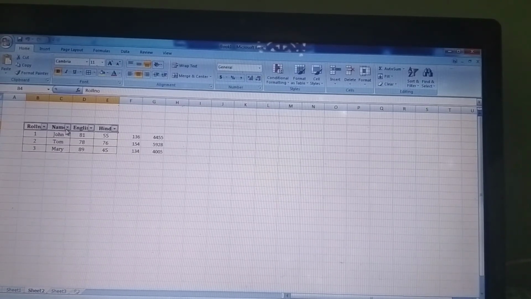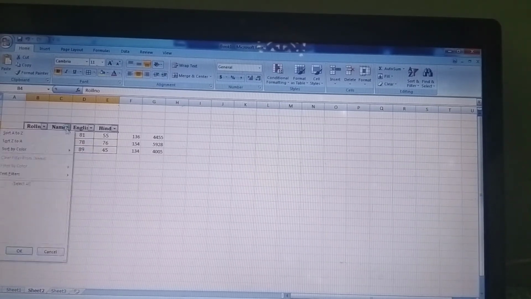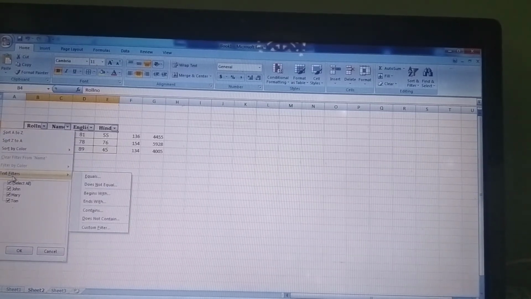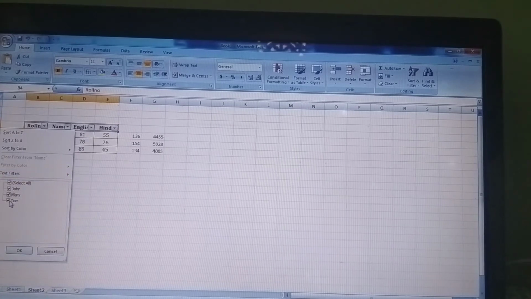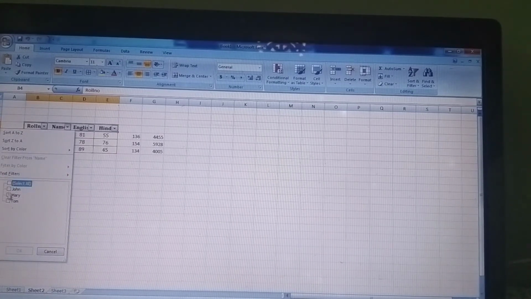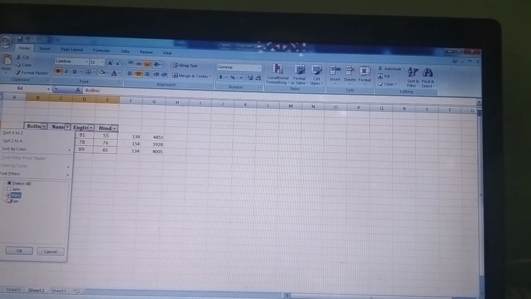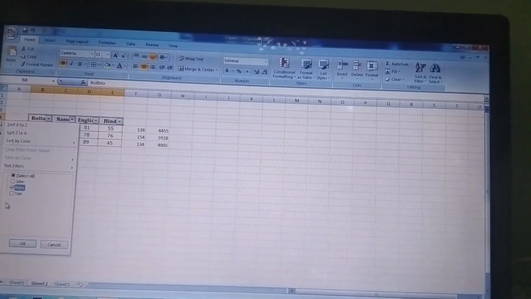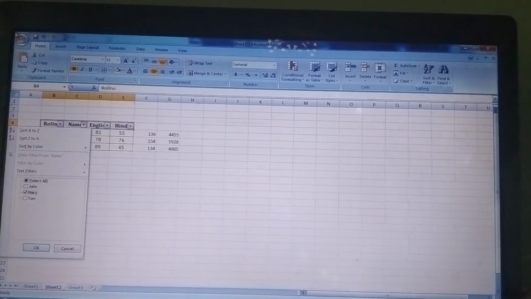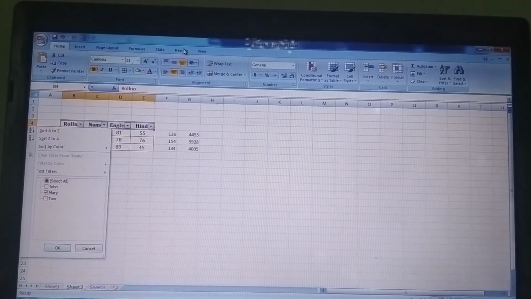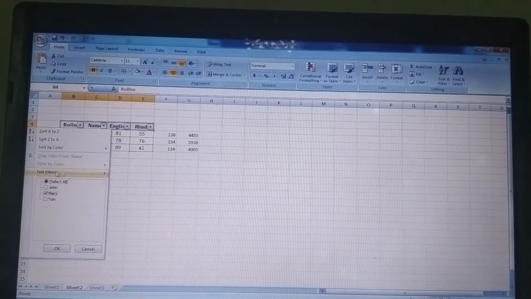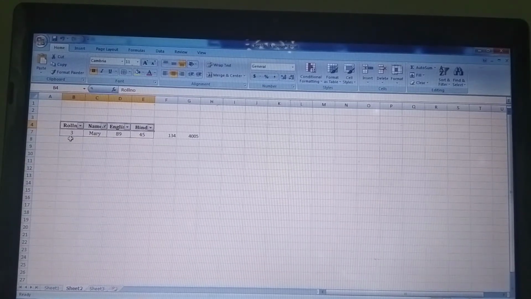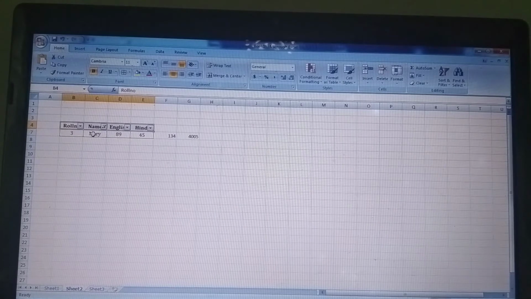So what I will do, I will select this particular arrow. In the text filter option, I will deselect everyone, and I will select only Mary. Clear? I will select only Mary's option, and I'll click the OK button. You can see only Mary's result is displaying.